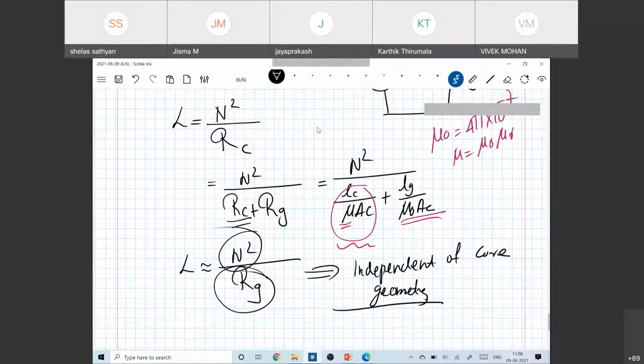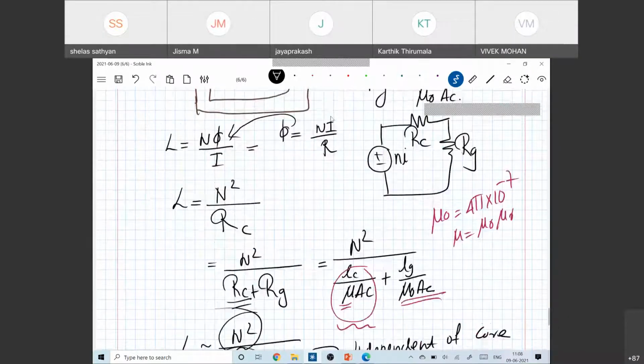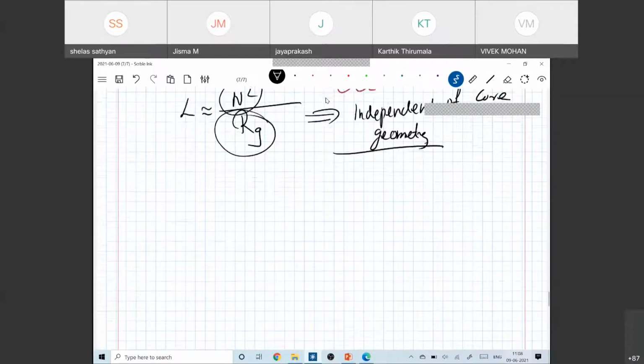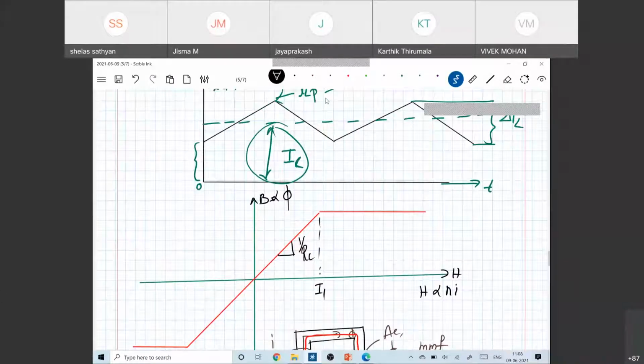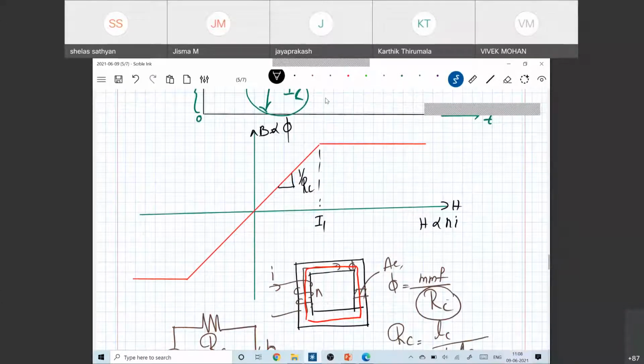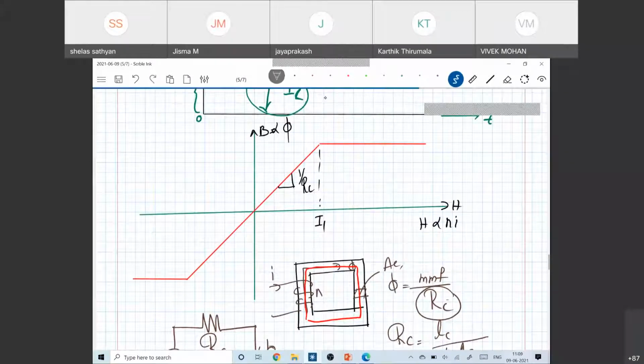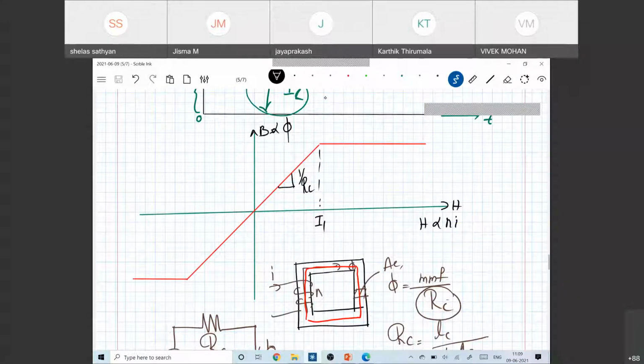And also there is one more thing. I already drew it here. Now if you see the BH curve once again, when there is no air gap, the BH curve saturates, let us say at a current I1. Now, if you introduce the air gap, the complete reluctance of your system will be the reluctance of the air gap plus the reluctance of the core. So in that case, if you draw the BH curve, it will shift like this because the slope has changed.